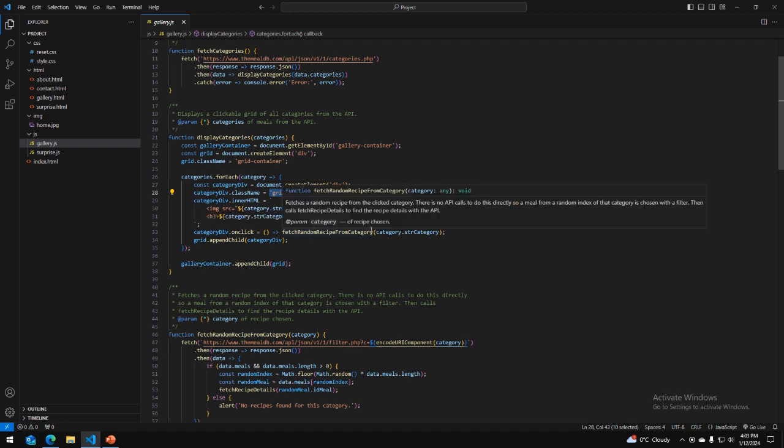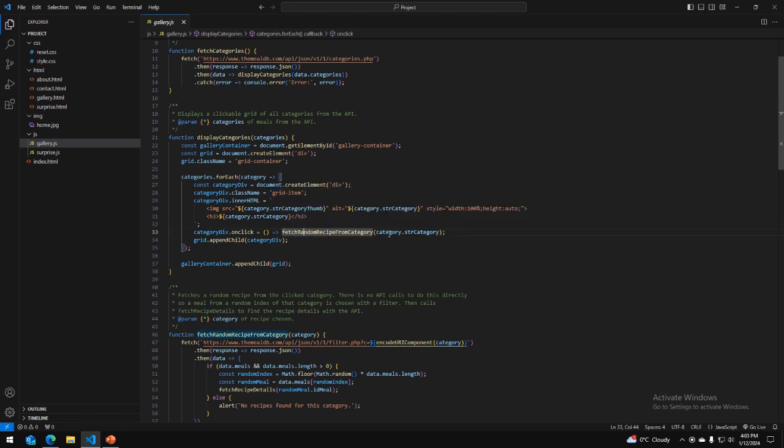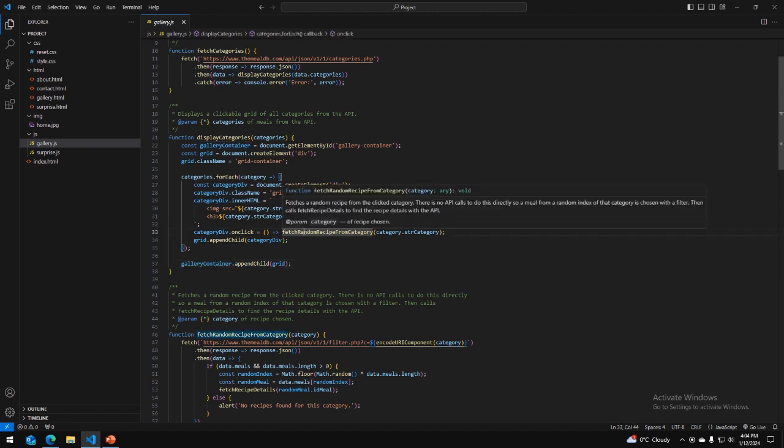If you click on the pictures, it starts fetching a random recipe from this category. And then I append child the grid into the category div, which is the whole grid container, and then append child the grid itself into the grid gallery container. But right now, what's important is that when you click on the pictures, it starts this function